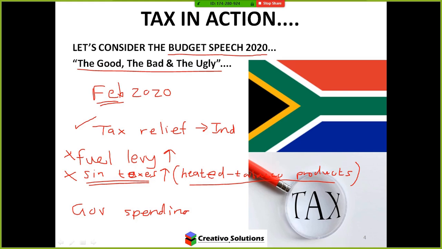Right, and then the ugly, I could maybe say, is the government spending cuts. That wasn't viewed very positively, especially by the unions, because of potential job losses. So government spending decreased quite a bit. All right, but the budget wasn't